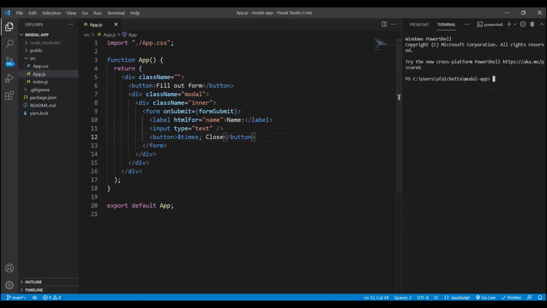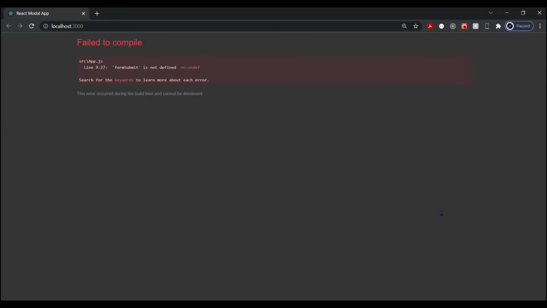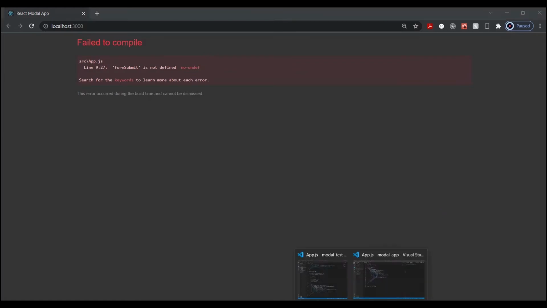So I'm going to save all this. I'm going to come over here, do npm. If you can see over here, you can start to run our React app. Just give it a second. Bear with me. All right, so we're running our app, and I forgot that